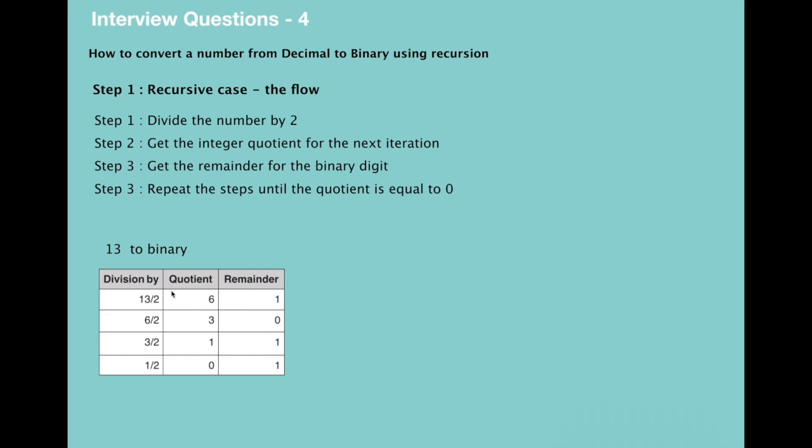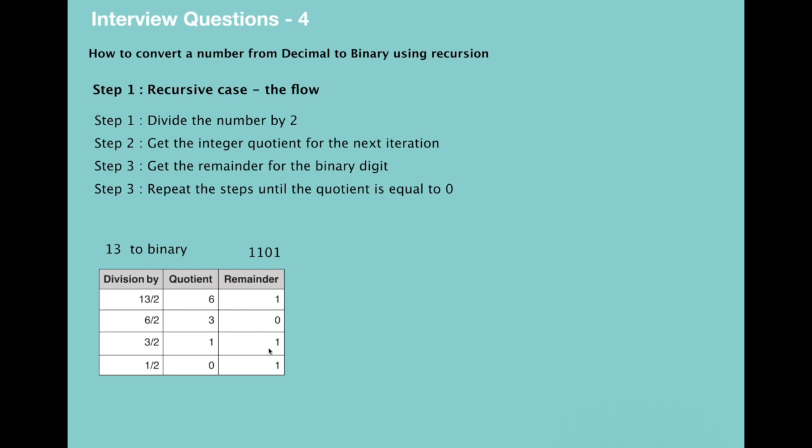We see that here, as a first step, we divided 13 with 2. Our quotient is 6 and the remainder 1. So one more time, we are dividing quotient by 2. And 6 divided by 2, quotient is 3 and the remainder 0. And one more time, we need to divide quotient by 2, which is 3. So we are dividing it by 2, and here we are getting 1 and the remainder is 1. So we are repeating these steps until we reach 0 as a quotient. So here we divide 1 with 2 and the quotient is 0 and remainder is 1. So the binary number will be